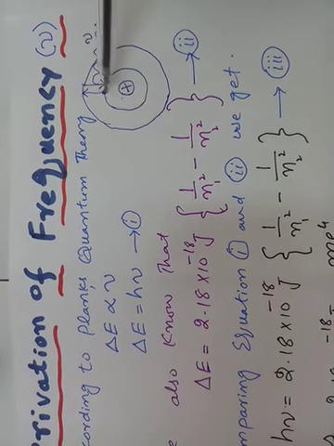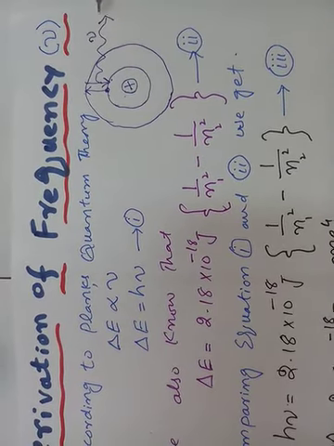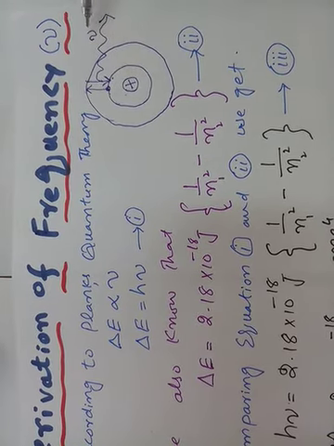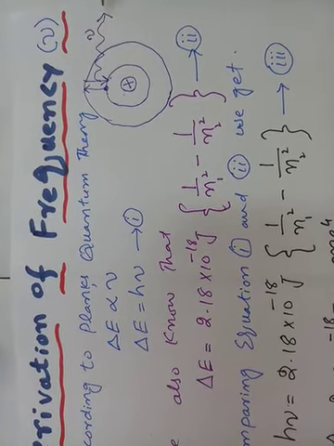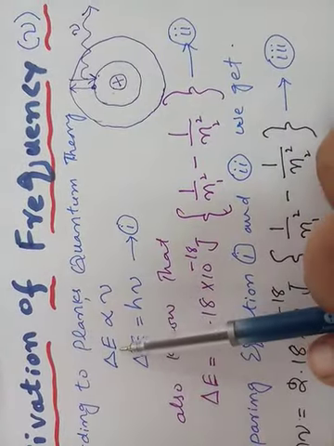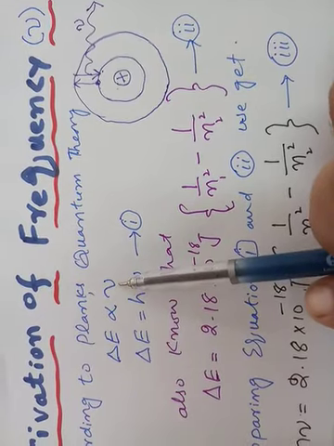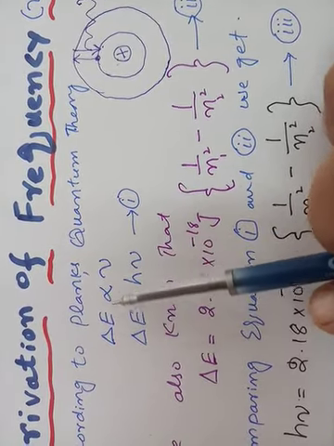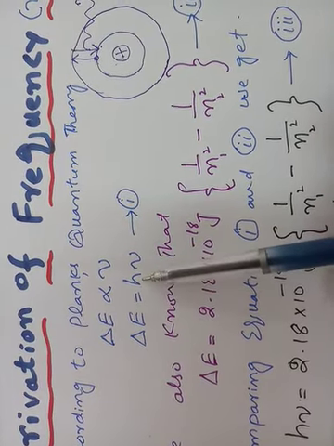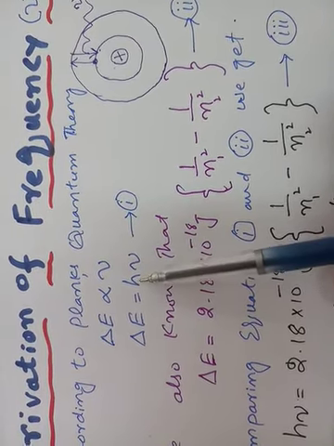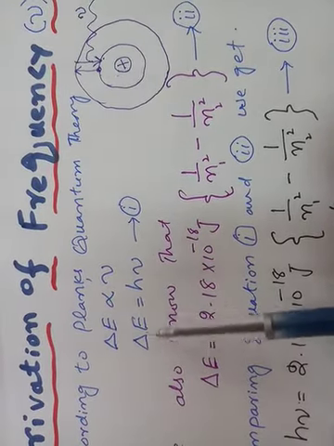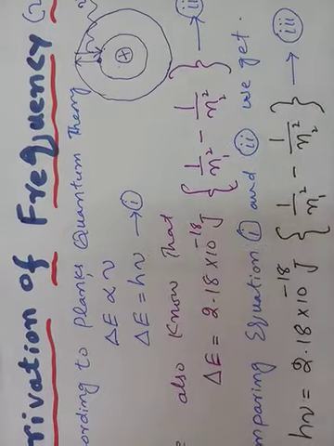this energy difference is proportional to the frequency of the emitted light. If the difference is greater, then the frequency of the emitted light will also be very high. So there is a proportionality between the difference of energy between the two levels and the frequency of the emitted light. In order to remove the proportionality, we put Planck's constant, which is just a numerical value. We have discussed it already. So the equation becomes del E is equal to h nu.